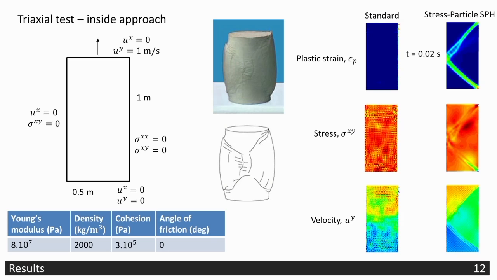bands. And the SPH results are shown here for standard SPH, where no stabilizing scheme has been used, and this stress particle SPH with the stress points inside the 4 nodes, the inside approach. And with the stress points, the expected behavior of the sample is observed, but without any stabilizing scheme, standard SPH isn't capable of modeling this type of behavior due to the tensile instability and also other instabilities which I haven't